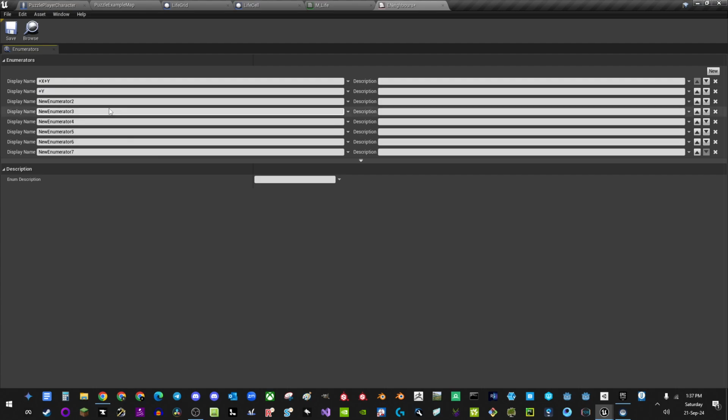So plus y, minus x plus y, minus x, minus x minus y, minus y, and then plus x minus y, and the last one, very top, plus x. Okay, so then this enumerator,